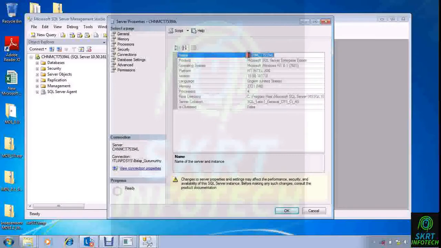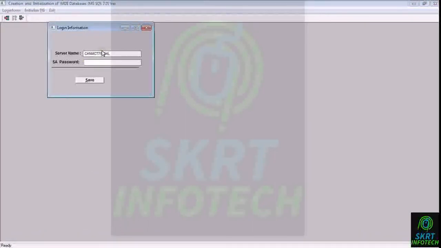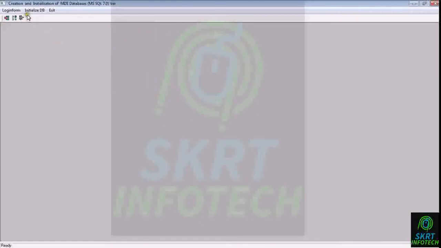Copy the server name and you can paste it here. This is the password we gave during the installation of SQL Server 2008. Save it. The details are saved.